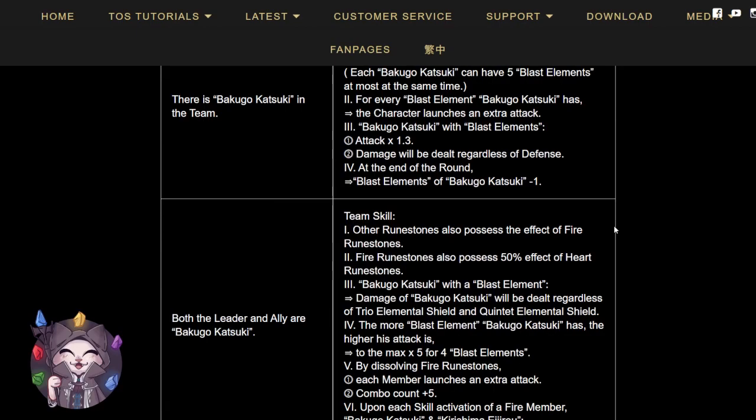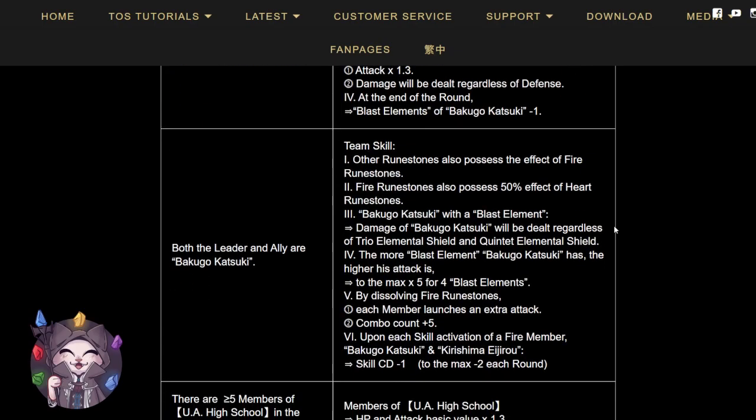For his other team skills, this one requires you to have both leader and ally to be Bakugo. Other runes will possess the effect of fire runes. Fire runes will possess the effect of heart runes of 50%. Bakugos with blast elements will be able to deal damage regardless of trio elemental shield and quintet elemental shield, and his attack will increase proportional to the number of blast elements he has, to the max of ×5 for